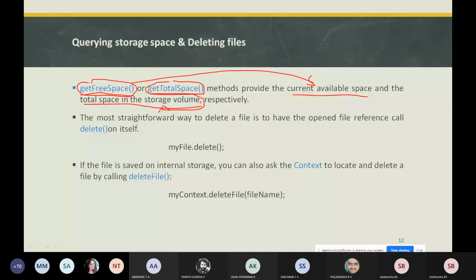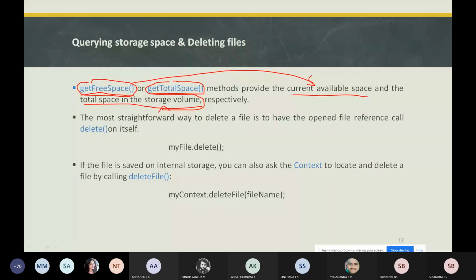After that, if you delete any files from your storage, you should always delete the file. Remember, when you are using an Android device, if that particular file is no longer needed for your device or your user, then that file should not be present on the Android device. So how are we going to delete that?